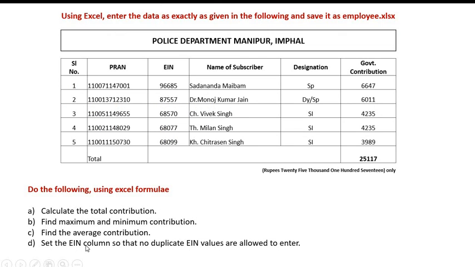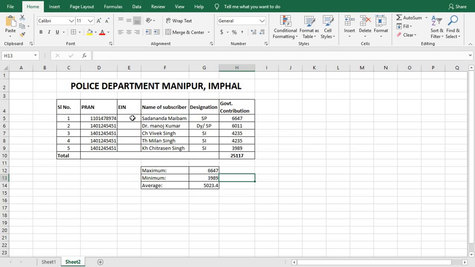Set the EIN column so that no duplicate EIN values are allowed to enter. We're going to set this column in such a way that no duplicate values could be entered. Suppose let me enter 10. Let me enter 10 again. In this case, it will accept the values. As you can see, there are two values which are the same. So in order to avoid this, we're going to write a formula so that no such duplicate